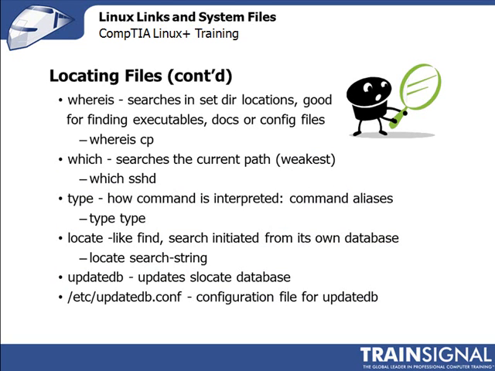The whereis command searches for files in a set group of locations, mainly binary and library directories. This search is good for finding program executables, documentation, or configuration files. The syntax is simply whereis followed by the command. The next search tool is which, and this only searches the current path, and because of this is considered fairly weak. The syntax is similar, which followed by the command that you want to search for,